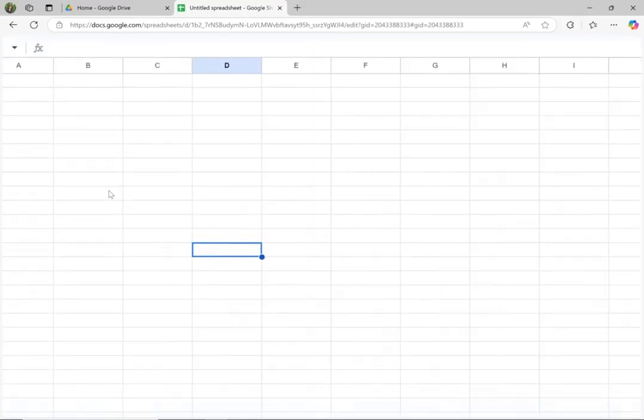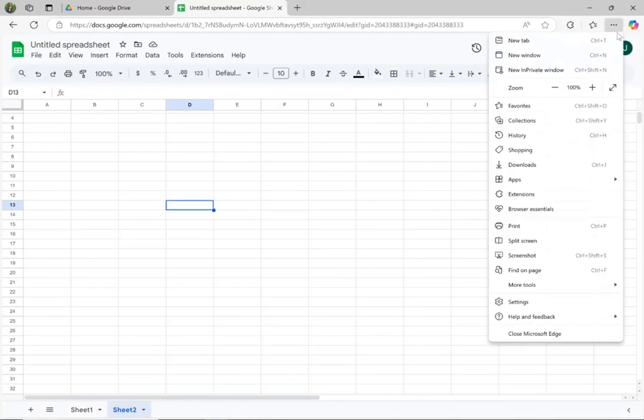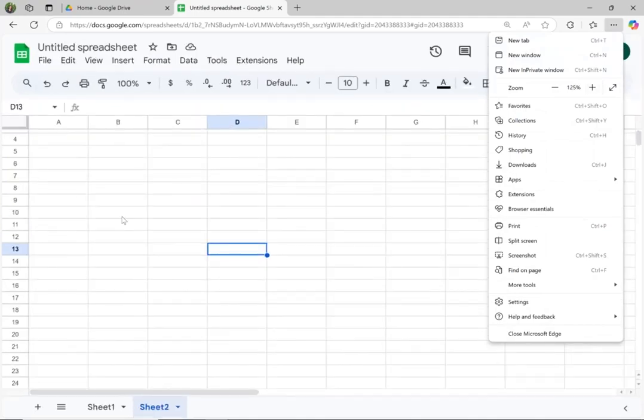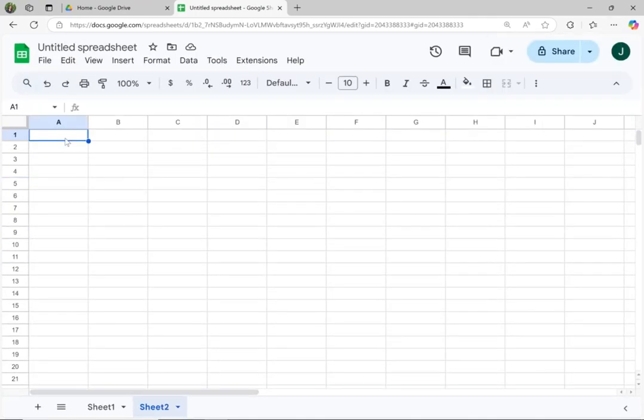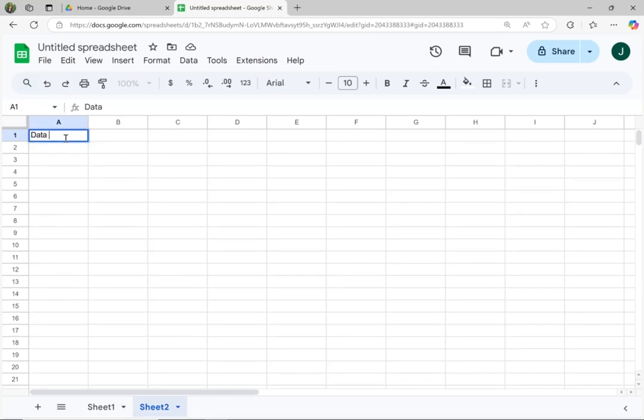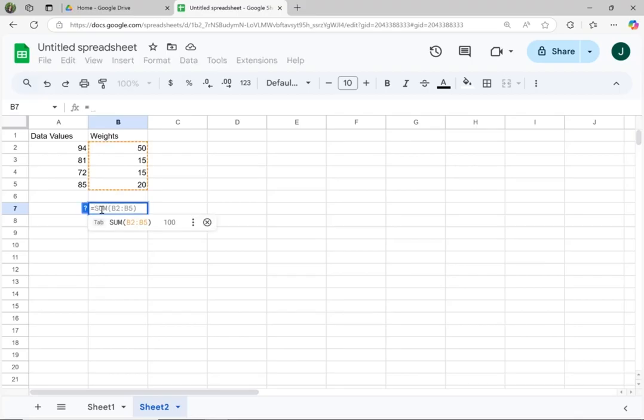Now, let me show you how to do this on Google Sheets. Under one column, we're going to enter all the data values. We have 94, 81, 72, and 85. Under another column, we're going to enter the weights. We have 50, 15, 15, and 20. If we want to calculate the weighted average, we're going to click on an empty cell, type in the equal sign, and notice